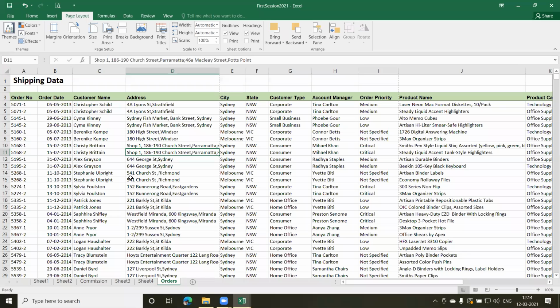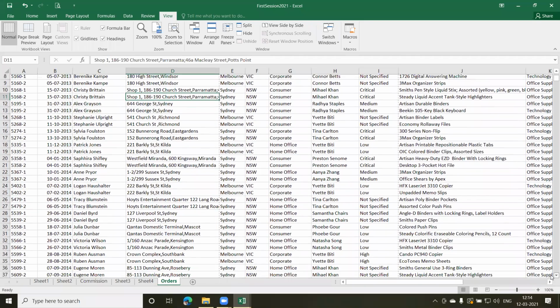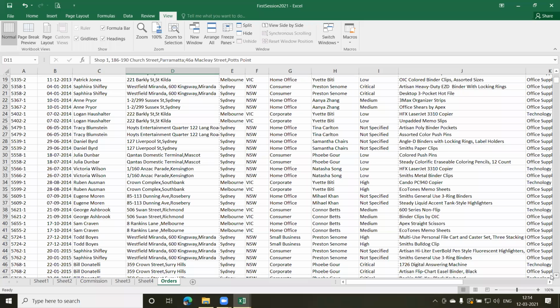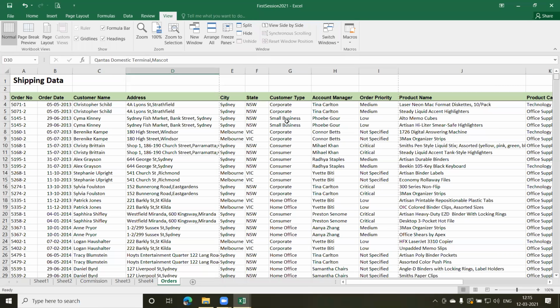Okay, the next thing which I would like to show you is the view tab. So we come to the menu option view here. Now if you look at this data, when I scroll down, even my top headings are getting scrolled down. I do not know what this column is, and then I cannot refer to it. I need to check which my column is. So I have to go back here again, check which is my state, this and so on.